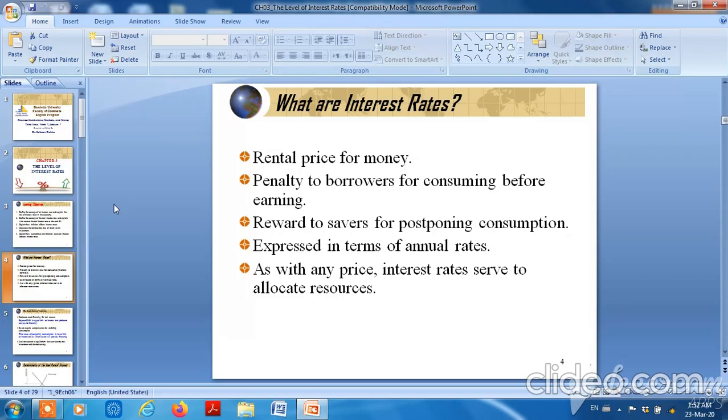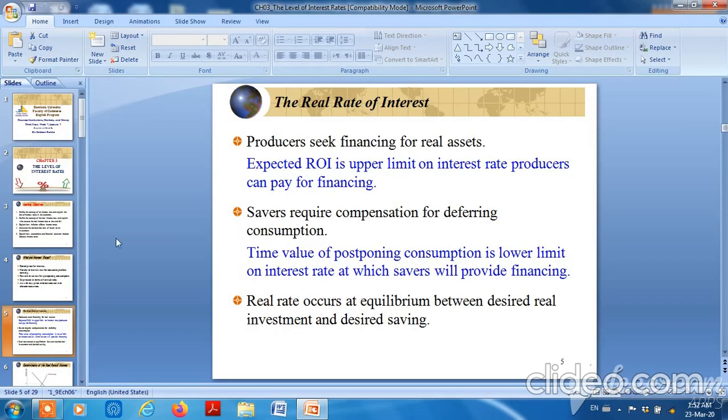Indeed, as with any price for any commodity, interest rates serve to allocate resources efficiently and effectively. The real rate of interest. Producers seek financing for real assets. So, in this point, the expected ROI, return on investment, will represent the upper limit on interest rate producers can